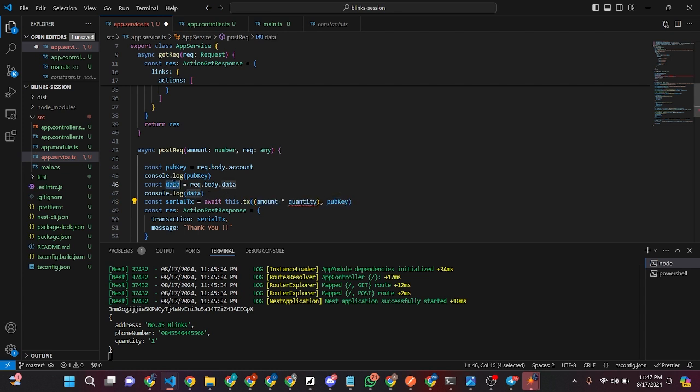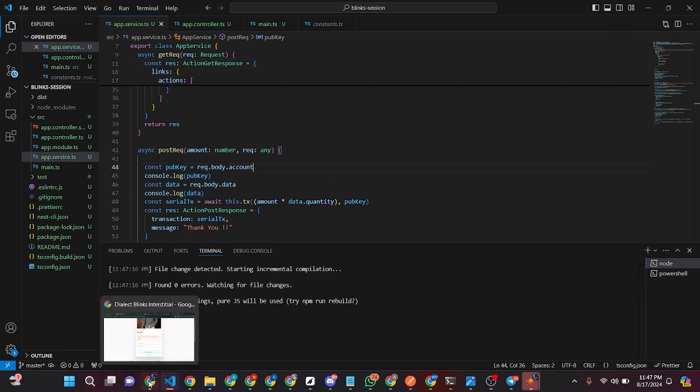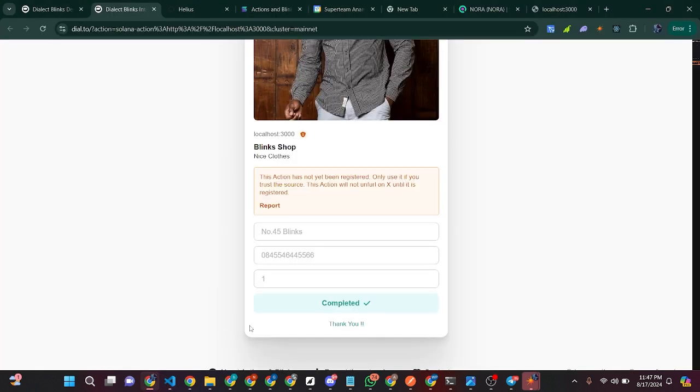So this is data.quantity. So now it multiplies the amount by the quantity the user needs. So when we save this and refresh this page,